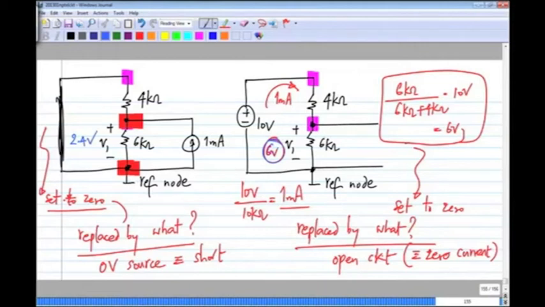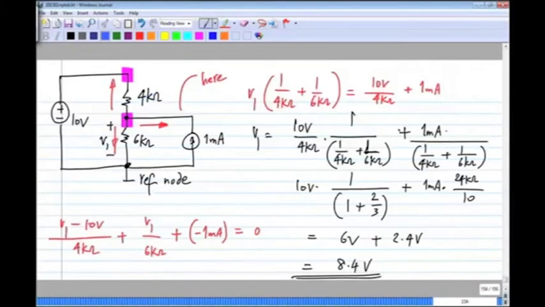Okay, so the actual total voltage will be the sum of these two, which is nothing but 8.4 volts, and it's exactly the same as what we have here, 8.4 volts. Okay, in fact, the way I have written out the expressions, this is the contribution from the voltage source and this is the contribution from the current source, and they get added together. Now,